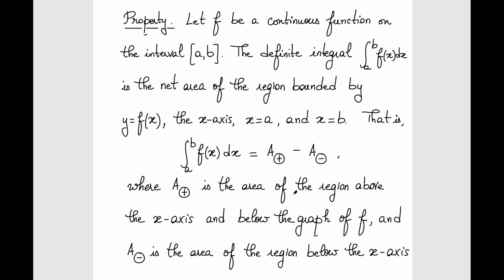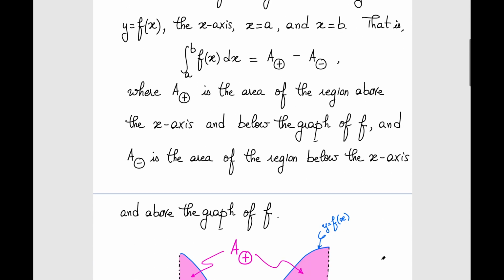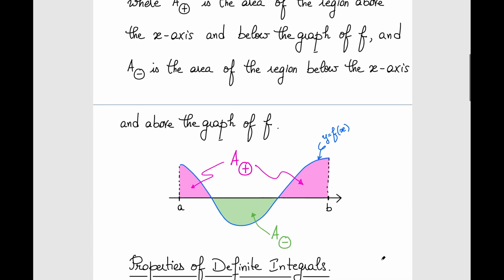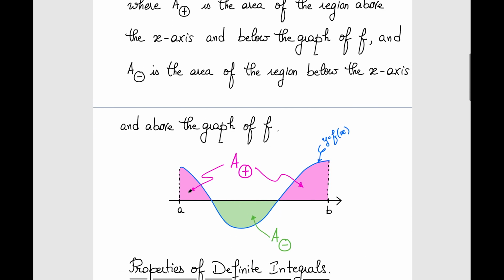A plus is the area of the region above the x-axis and below the graph of f, and A minus is the area of the region below the x-axis and above the graph of f. So on the picture, this curve that you see here is the graph of f of x,